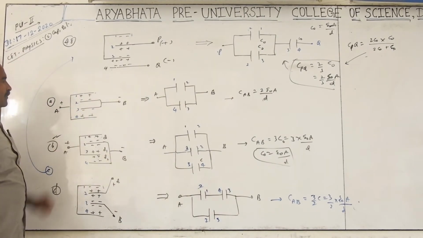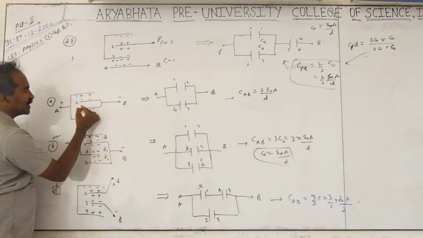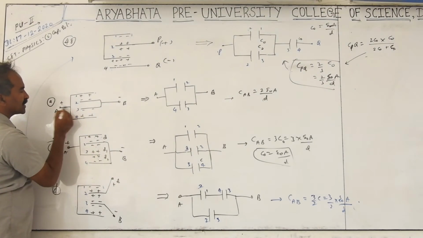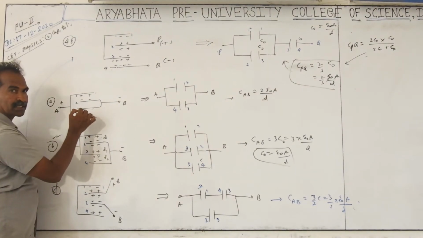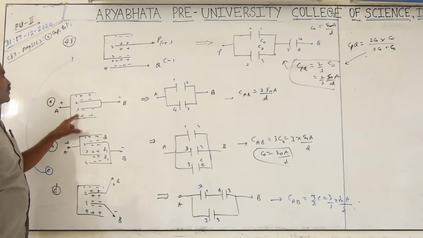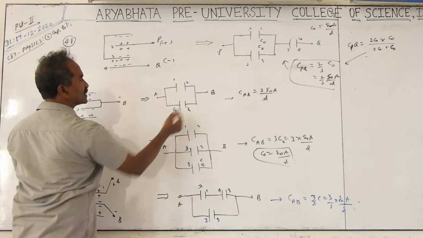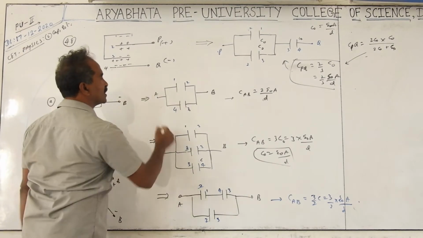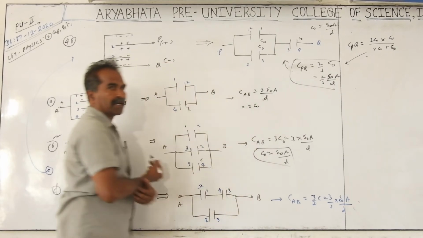this part A. This B plate is connected here, but in between there is no opposite charge plate. A is connected to the positive, for example, B is connected to negative. So these two capacitors are coming in parallel only. So you will get 1, 2, 3, 4. 1 opposite is 2, 3 opposite is 4. Result is C plus C, C naught plus C naught, which becomes 2 C naught. C naught is epsilon naught A by D.